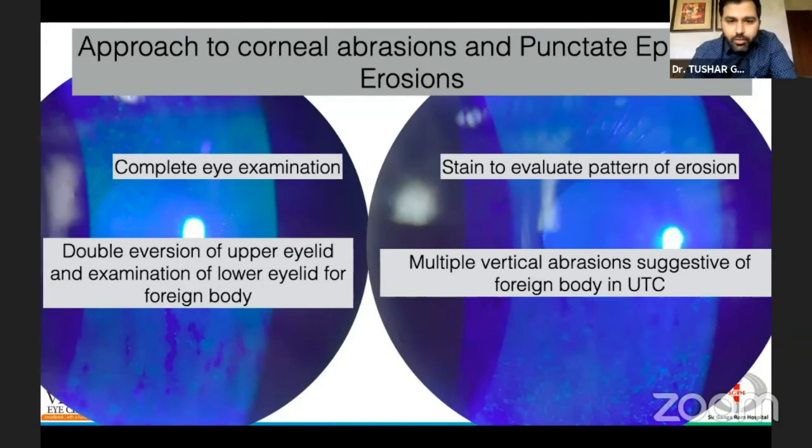So here again, you need to do a very complete eye examination, stain with fluorescein, because that tells you the pattern, and that really points to the etiology there. As Dr. Nidhi also pointed out, looking for a foreign body is extremely important. You do a double eversion here, and if you see a pattern, particularly vertical abrasions, it is very, very highly suggestive of a foreign body in the upper tarsal